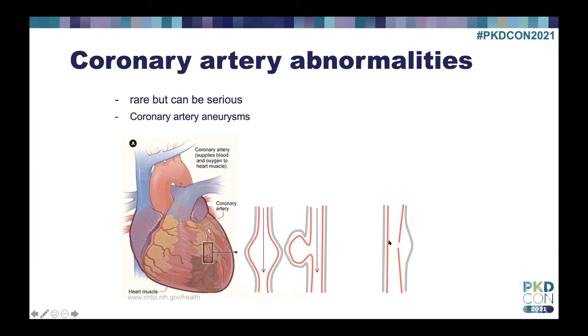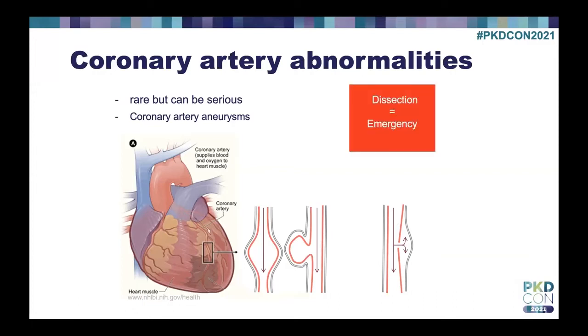But a really dangerous situation is if, under the pressure, the wall of that blood vessel, or actually its inner layer, ruptures, and then the blood may flow into this newly created cavity and dissect that blood vessel in between the layers and basically fill the space with blood. Then it pushes that inner layer of the blood vessel back into the original lumen and obstructs the flow. The result may be symptoms that resemble a heart attack. So dissection equals emergency. It may manifest with chest pain, fatigue, pain in arms, shoulders, jaw, shortness of breath, sweating, nausea, dizziness, like with a heart attack.